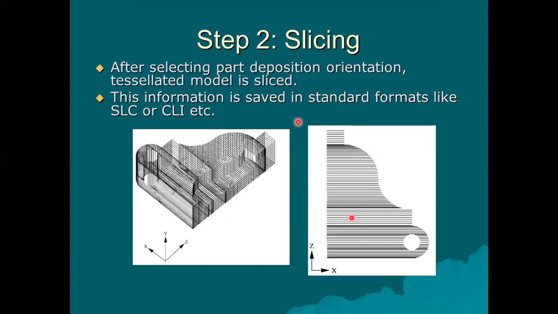So if you see this particular diagram, here you can see that the layer thickness is variable. Here very fine slices are there, then thick slices, then again fine slices. In this region, the slices are quite thick. This concept is called adaptive slicing. If you are using adaptive slicing, then you will be able to maintain better surface quality, because you will be able to control the stepping effect.